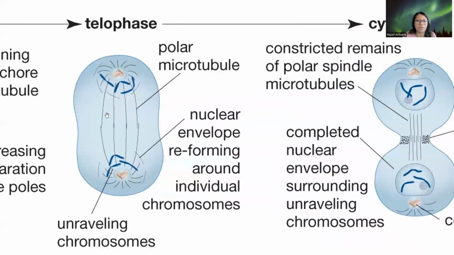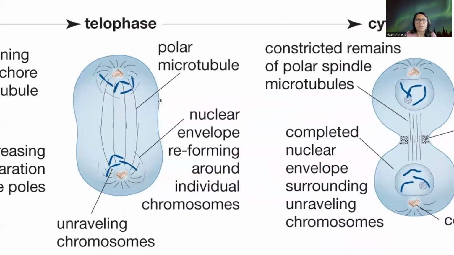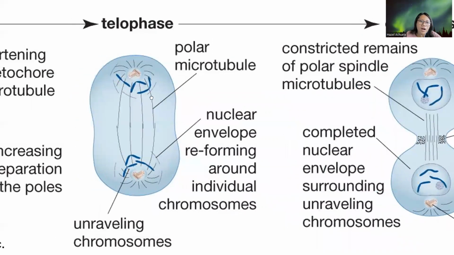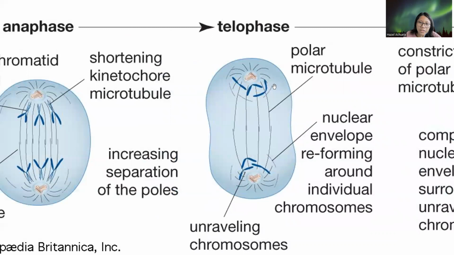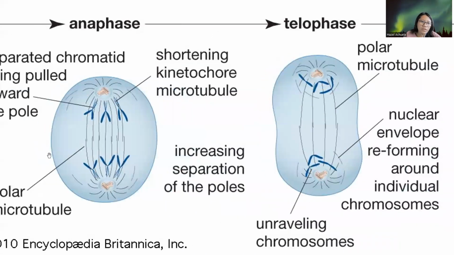Next. In telophase, telo meaning end. So, ibig sabihin, ito na yung last stage ng mitosis natin. Right? So, what happens at telophase is nagsistart ng ma-form ulit yung nuclear envelope. Ito siya. Okay? Diba during pulling or the separation of the chromatids,